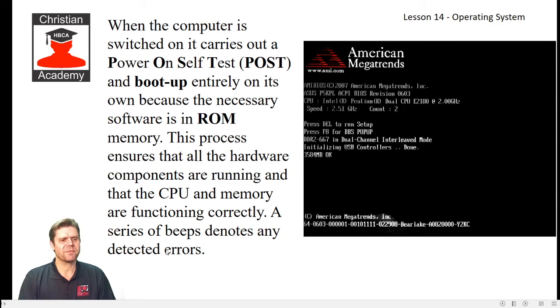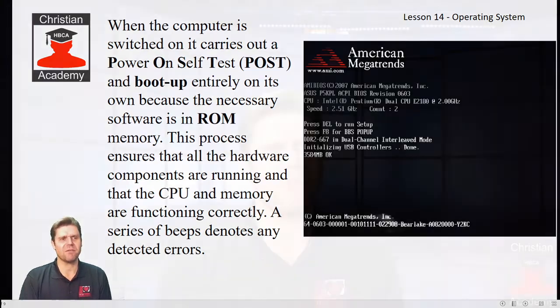So a lot of times, if you have beeps coming up, 1 beep, 2 beeps, if you look at your motherboard's manufacturer, you can actually find out what exactly that beep means. Sometimes the beep means that the RAM is faulty, or it can mean various things. If you Google or open up the manual of your mainboard, it will tell you what the beeps normally mean, because that comes from the basic input output system, the BIOS, which does a POST test, a power on self test.